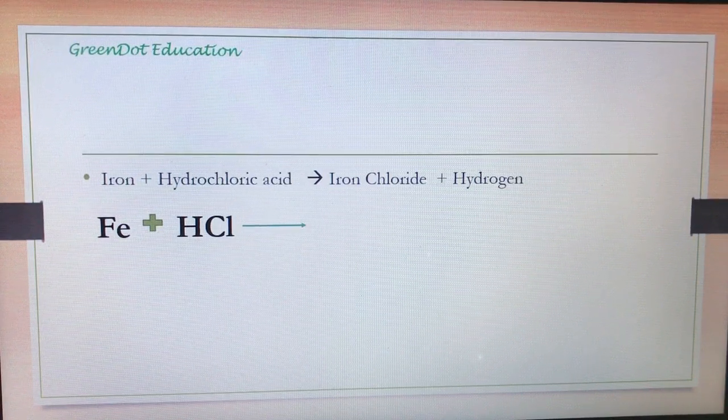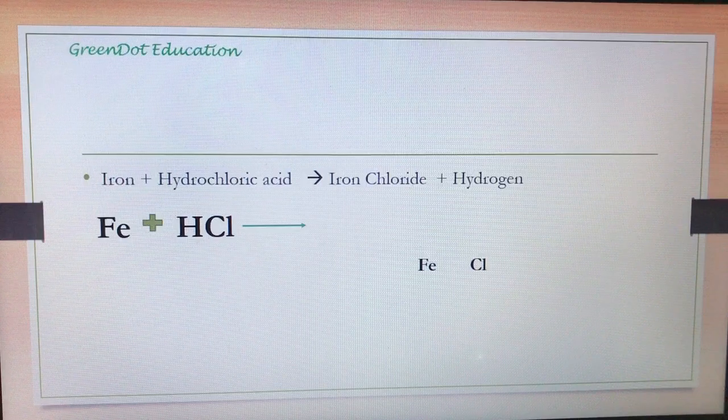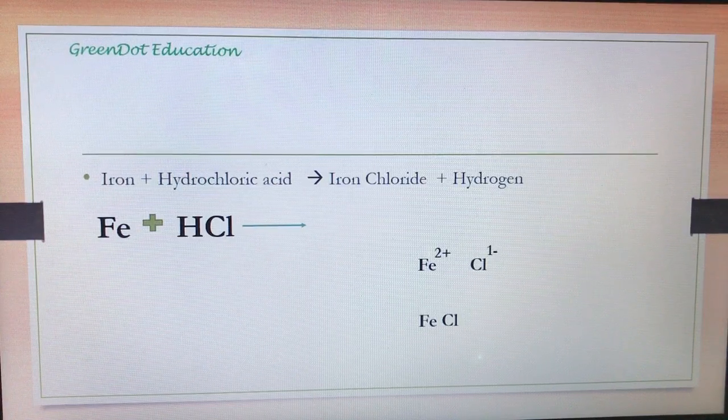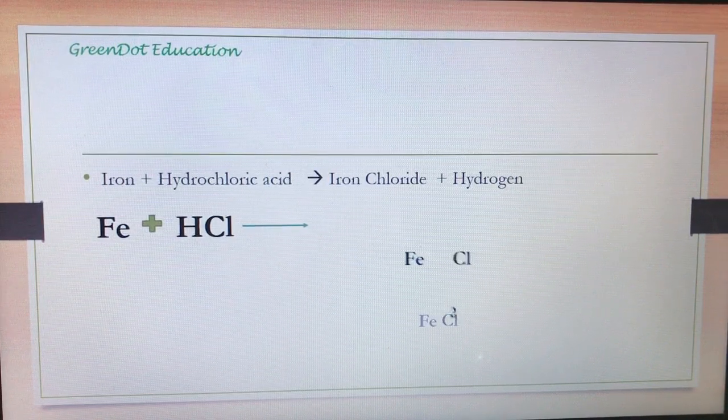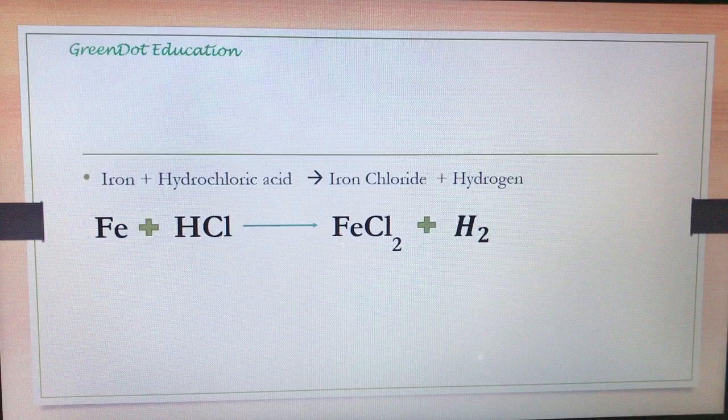The name suggests that it has two elements, that is iron, and another one is chlorine, that is Cl. So Fe represents iron and Cl represents chloride. The valency of Fe is 2 and it is positively charged, and chlorine is 1 and it is negatively charged. So now writing both the elements together and crisscrossing their valencies, we get 1 atom of Fe and 2 atoms of chlorine, that is we get FeCl2 as iron chloride, and then hydrogen gas, that